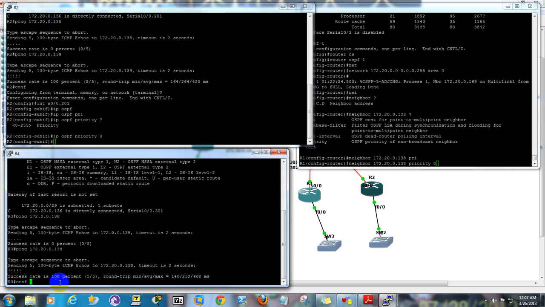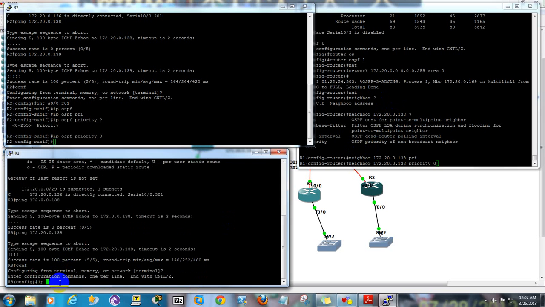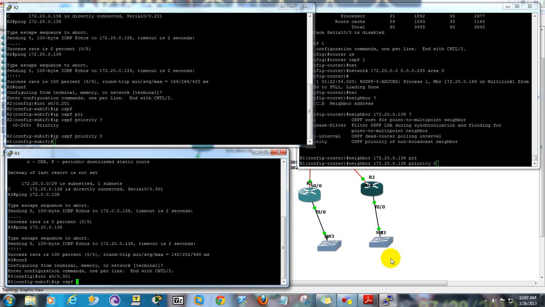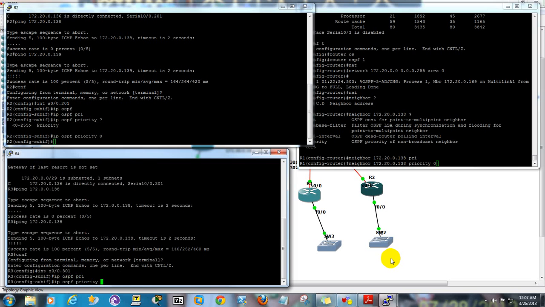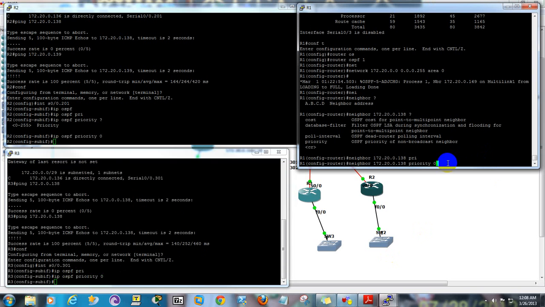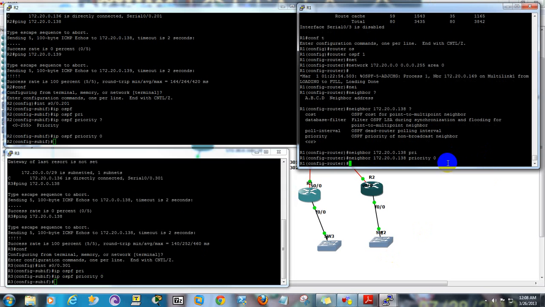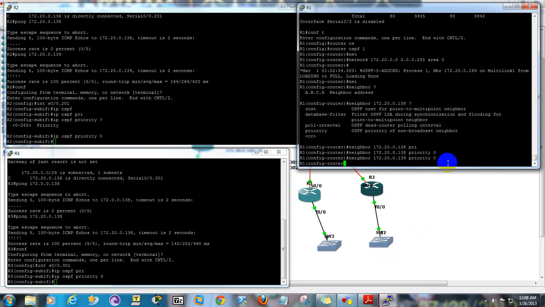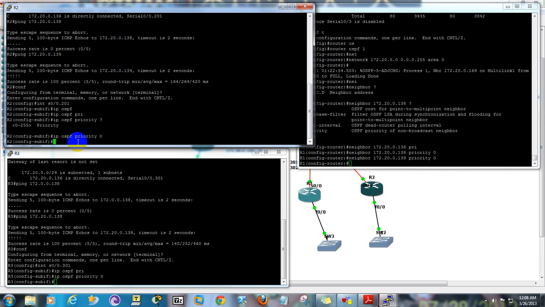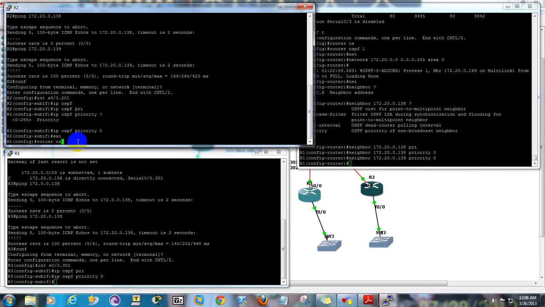Config t. We're going to type in interface 0/0. Got too many slashes in there. 0.301. Type in IP OSPF priority 0. And we're going to do the same thing over here. Priority here is 0, and we're going to do the 139. Priority 0. But what we're going to do here, we're going to exit, type in router OSPF 1,